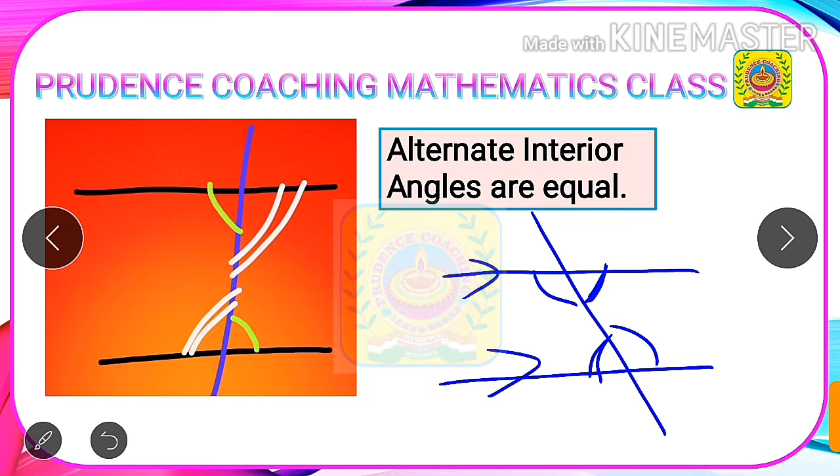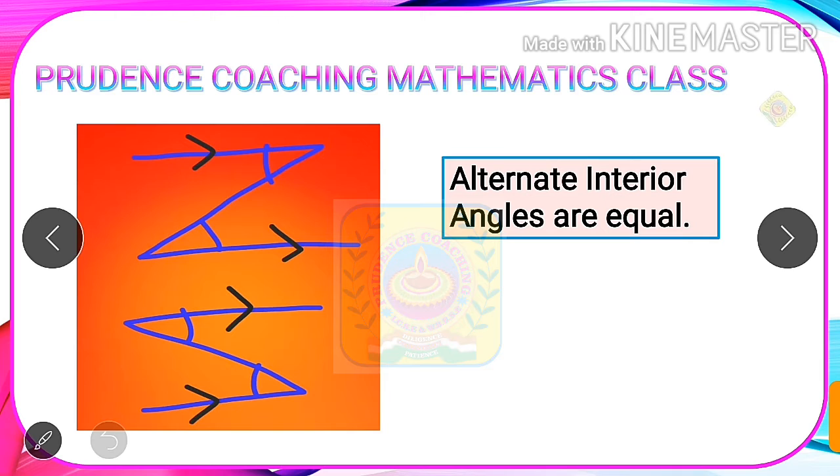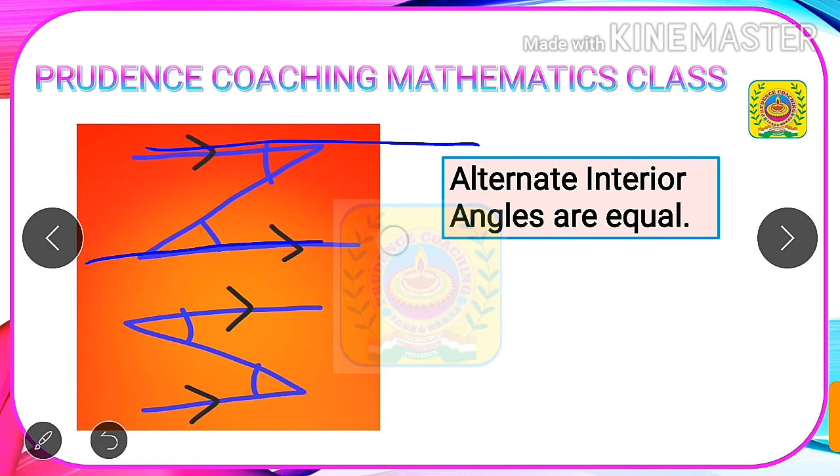So as you can see, this one and this one are the parallel lines and this one is the transversal. As a result, this one and this one will be equal and this angle will be equal to this one. Let us see another picture to understand this better. See, this one is a parallel line and this one is a parallel line, where we have just erased this part and this part has been erased.